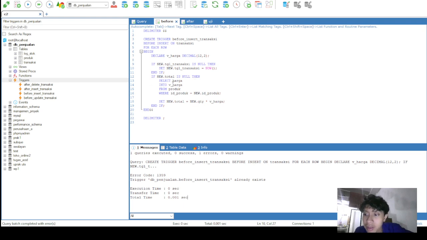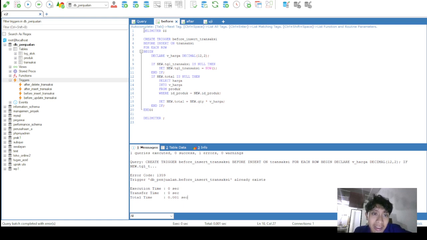The total transaction value is then calculated by multiplying the transaction quantity, here QTY, by the product price, harga. By using this trigger, the database ensures data completeness and accuracy, preventing missing values and incorrect transaction totals.